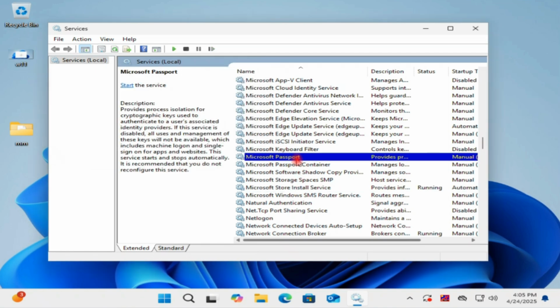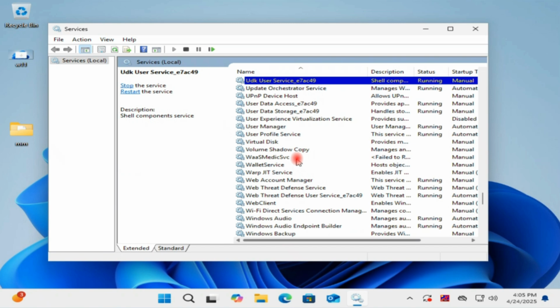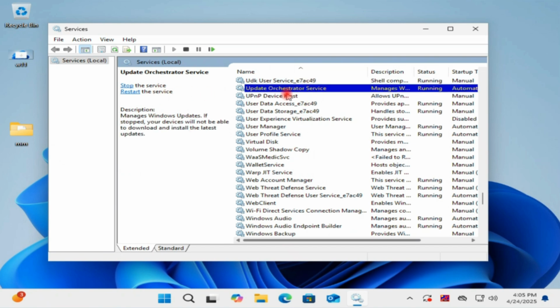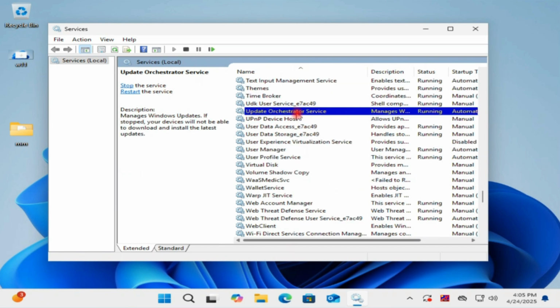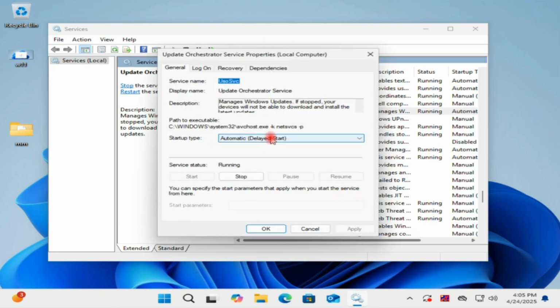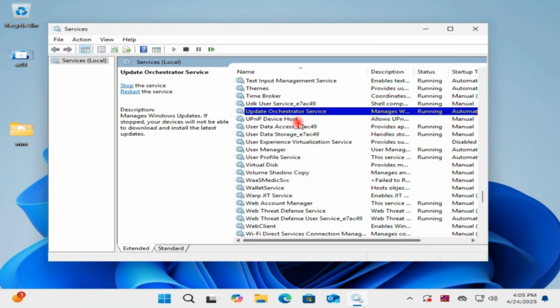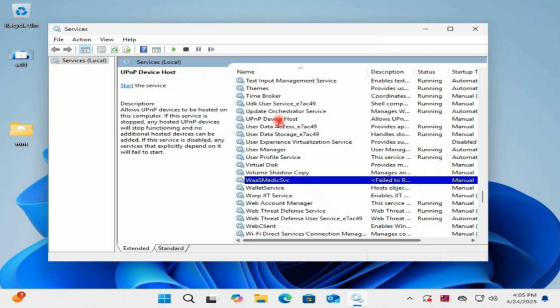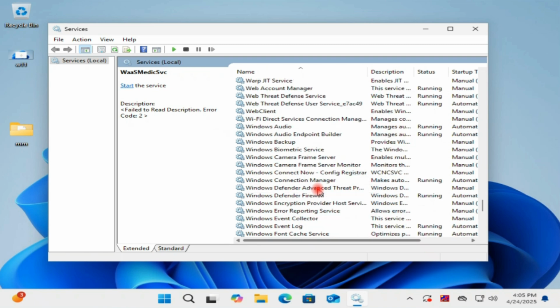This service should be running here. After that guys, find this service. Okay, Update service. Restart this service. Right click on it and click properties. Select automatic under startup type and after that if the service is stopped, start it. Click OK and apply and then find the other service here,